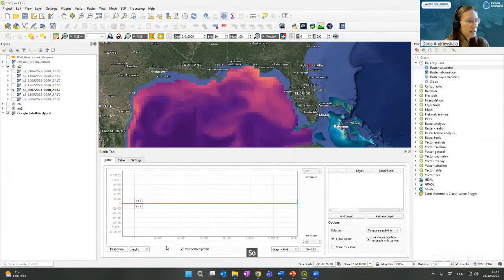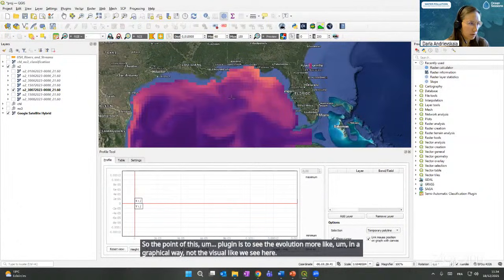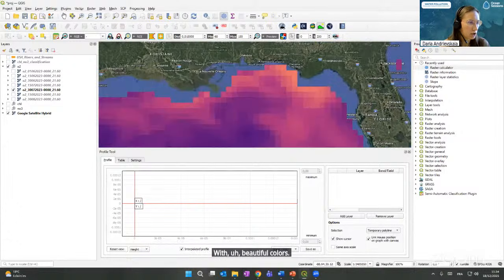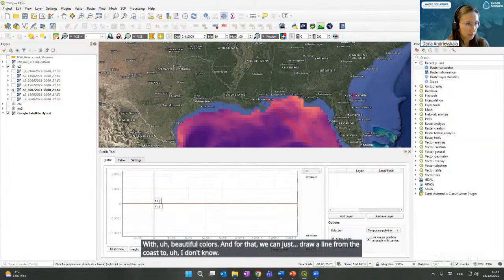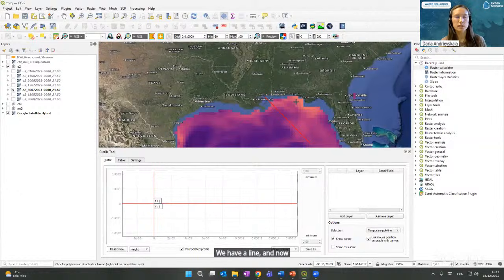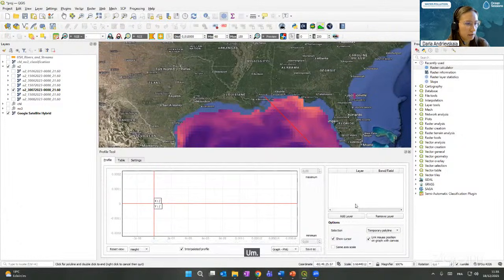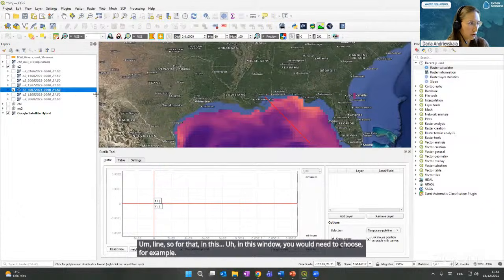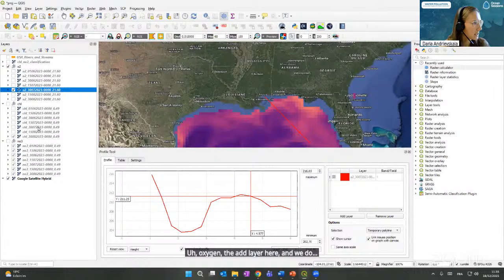So the point of this plugin is to see the evolution more in a graphical way, not the visual like we see here with beautiful colors. And for that, we can just draw a line from the coast to, I don't know, like this, for example, double click. We have a line, and now what we want to see is how the variables are changing alongside this line. So for that, in this window, you would need to choose, for example, we choose 30th of July oxygen. We add layer here,